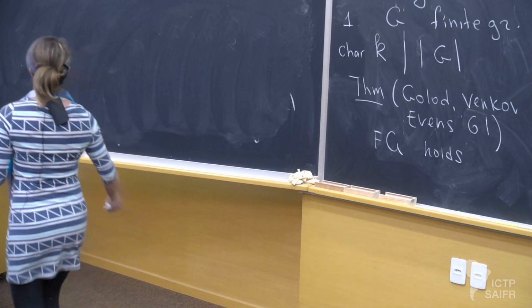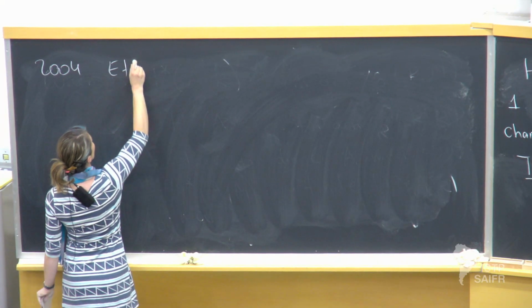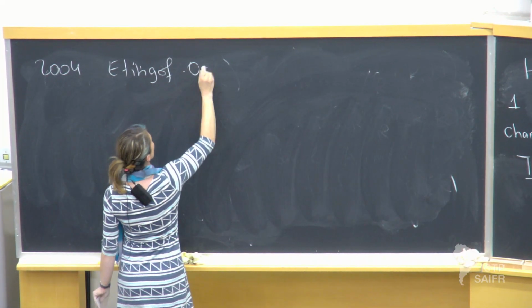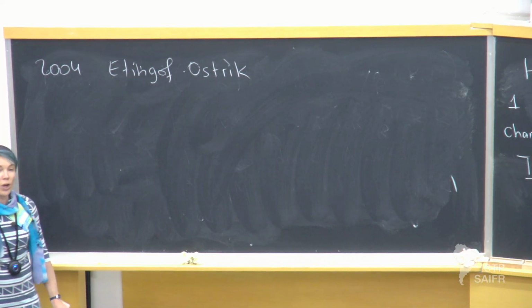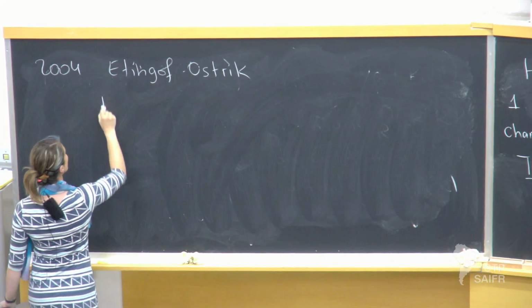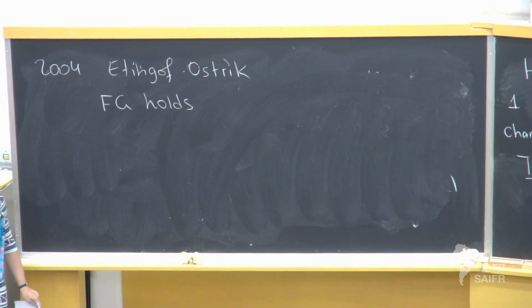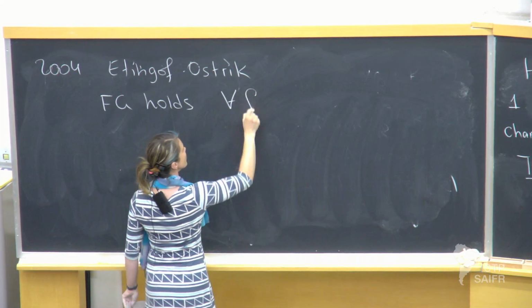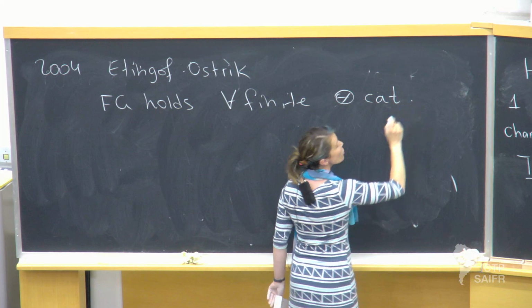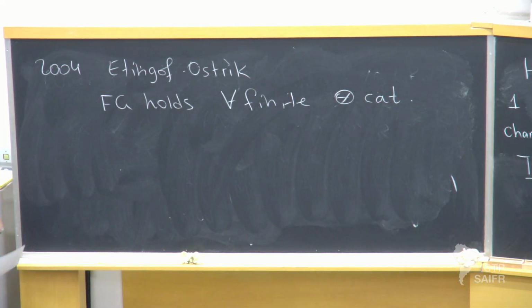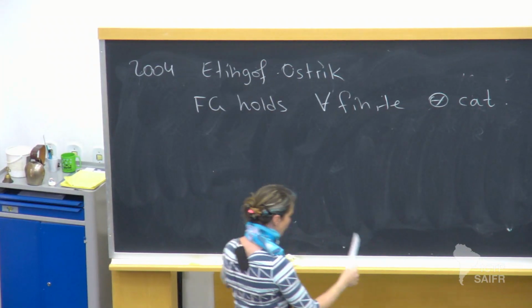But then in 2004, Etingof and Ostrik were much more ambitious, and they actually stated a conjecture in the paper for any finite tensor category, which includes any finite dimensional Hopf algebra. So now it's a conjecture, but it's not clear whose conjecture it is. Okay. What else do we know?